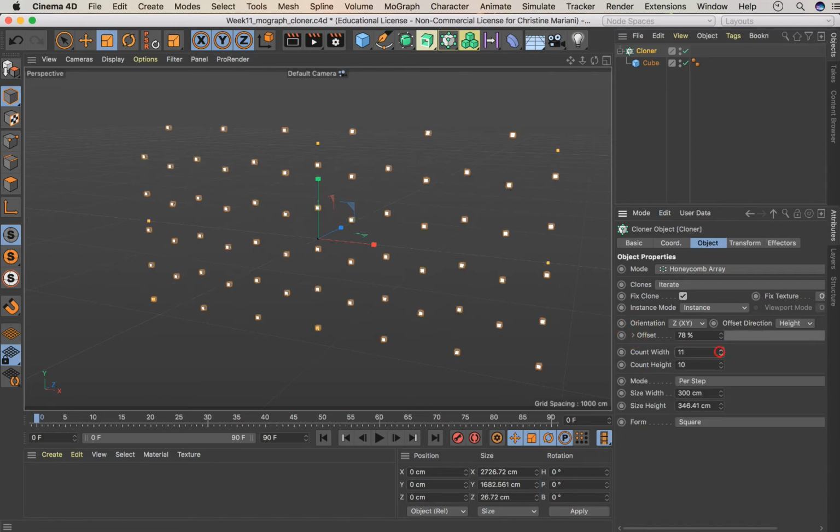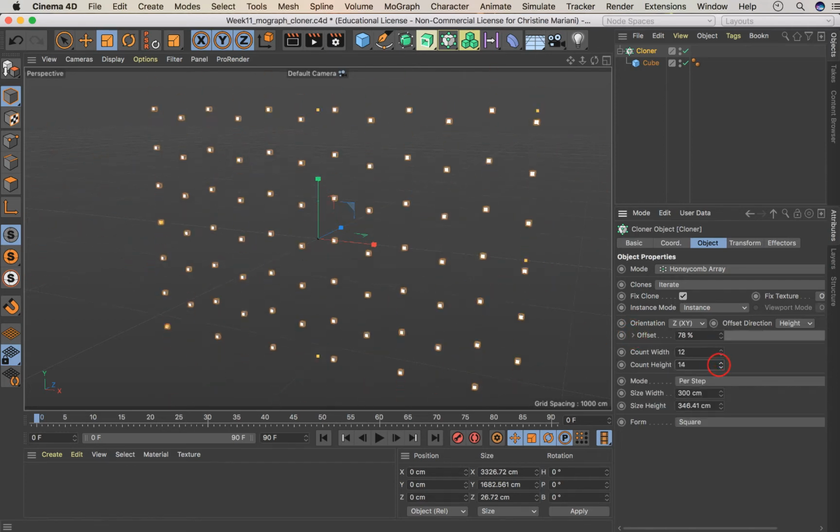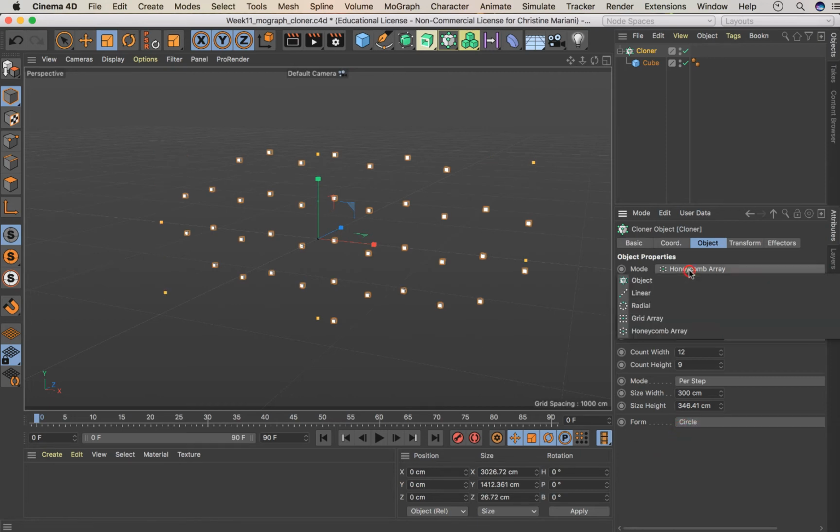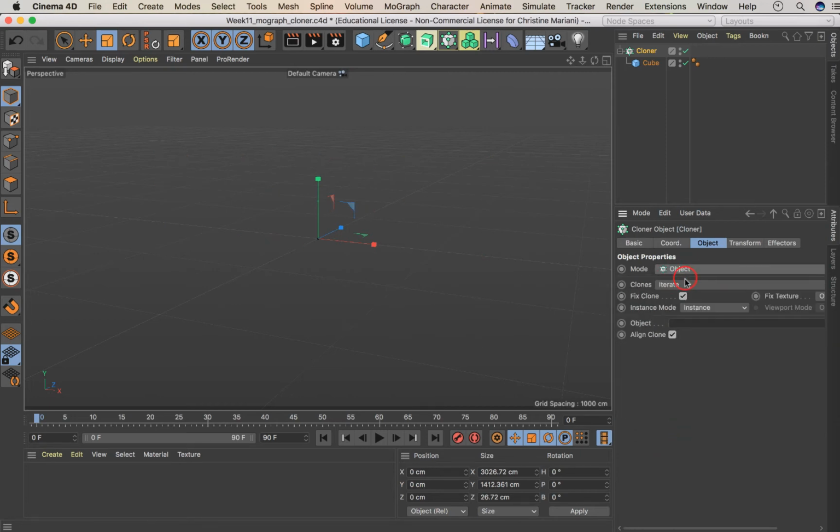Okay, and then we have the count here for the height and the width. It doesn't go back in Z. Again, that's different from the grid array. Okay, and then you have width and height. This is not going to change anything right now for you. Okay, so if I go back to the very first one, object, this one is the first one,